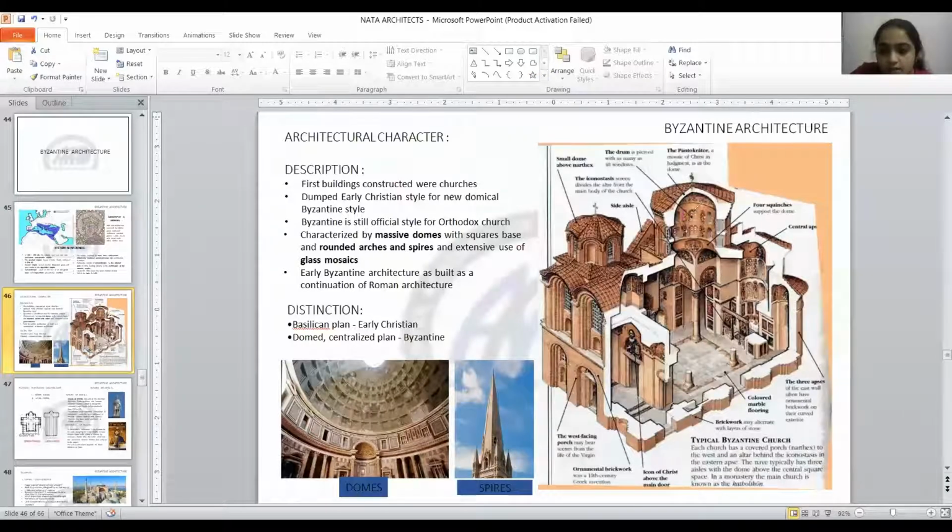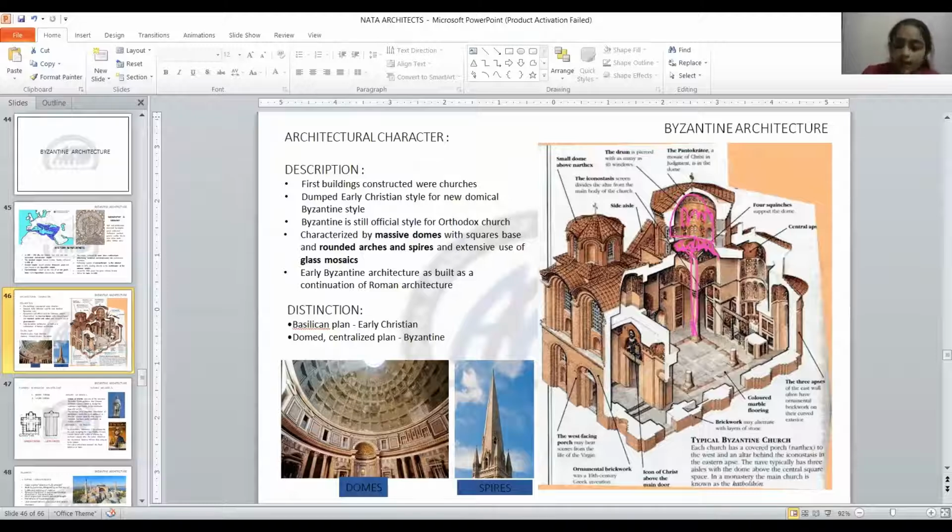You can see that these are the arcades. This type of arcade was used on a major scale, and the pendentive was introduced. This is the dome, the upper part, and these are the arches. Can you see what I'm drawing? The intersection part is the pendentive. They started using this type of support for placing the dome. So the intersection area of the dome and two supporting arches is the pendentive.